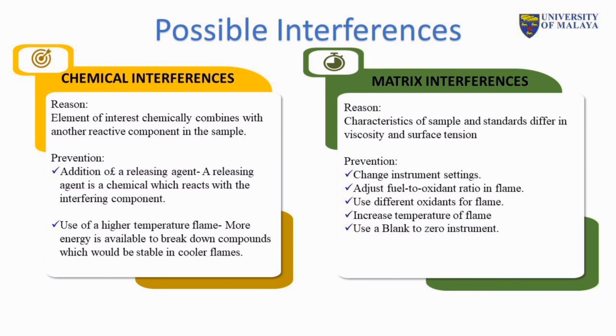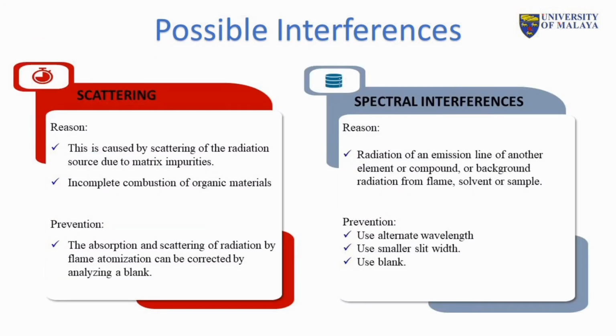for this matrix interference. For scattering, from what you can see there, the scattering might happen due to two major causes. The first one is the scattering of radiation source due to matrix impurities. Sometimes this scenario might also happen due to the incomplete combustion of organic material. So in order to avoid scattering, the absorption and the scattering of radiation by flame atomization can be corrected by analyzing a blank. The final interference that I'm going to